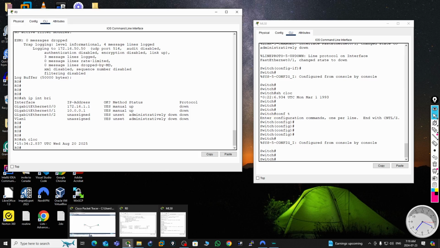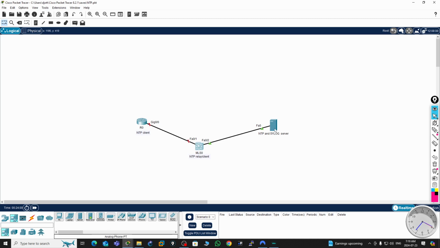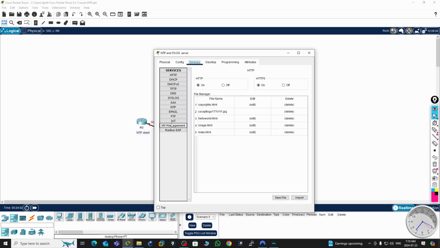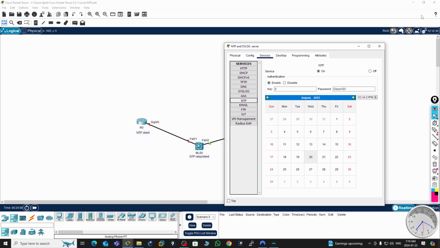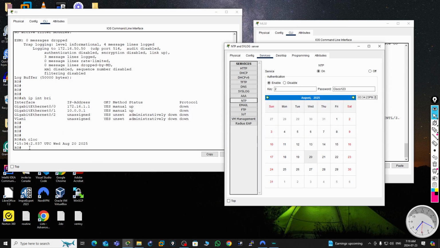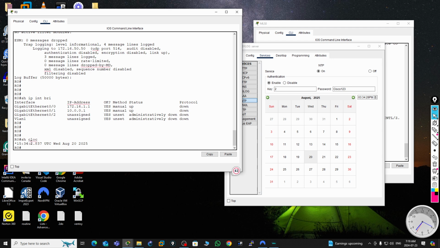You see the time is no longer synchronized. It will no longer be synchronized on the syslog server. So if I check here, the time is 1534. Okay, it's the same time, but actually if we do show